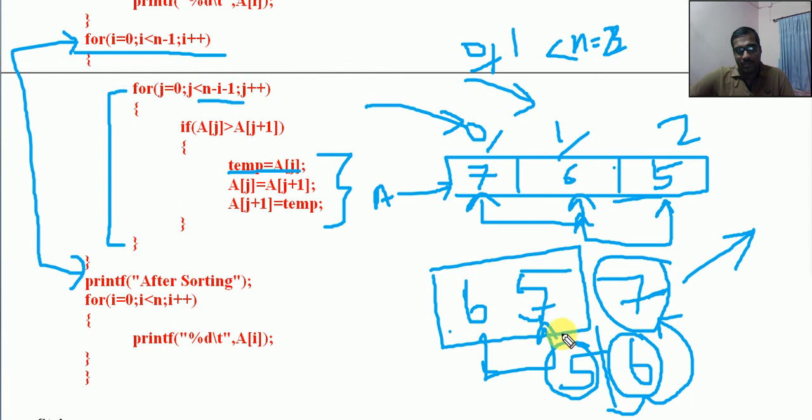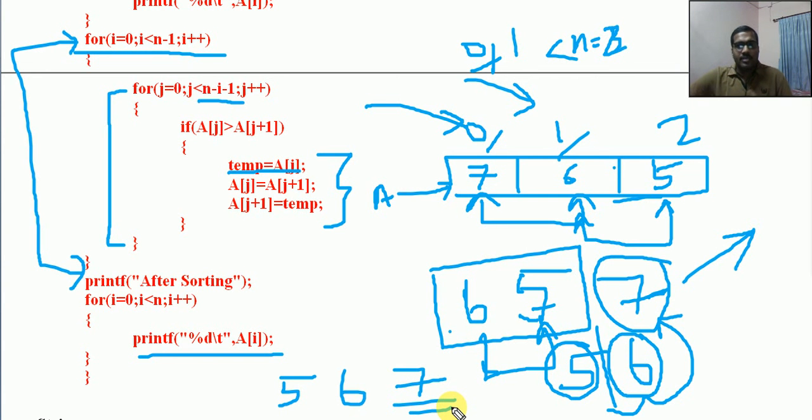Here if it is 2, this swapping is required only one time. Finally, after sorting, for i equal to 0, i less than n, i plus plus, we print the value of a of i. We will print the values 5, 6 and 7, in sorted order.